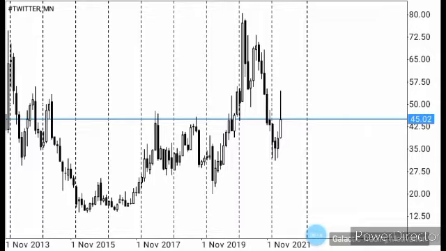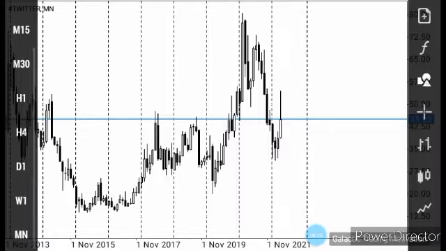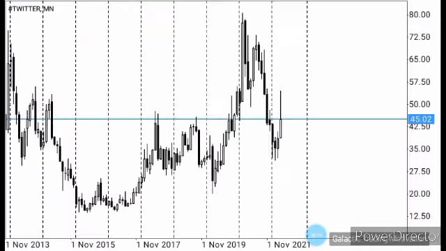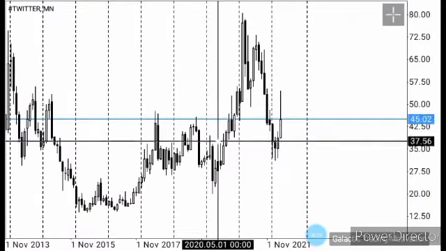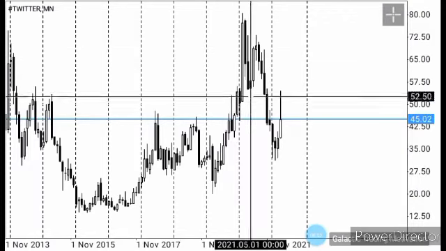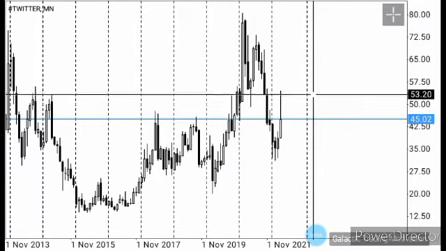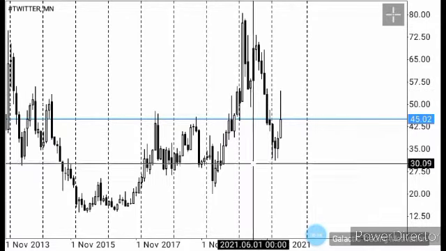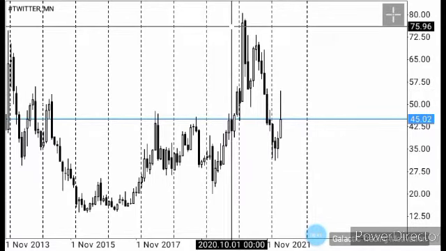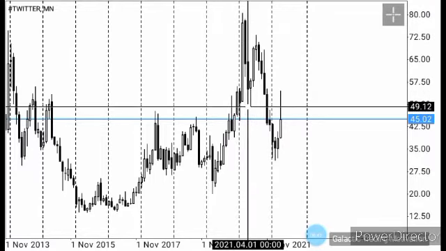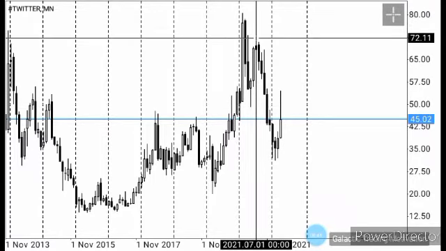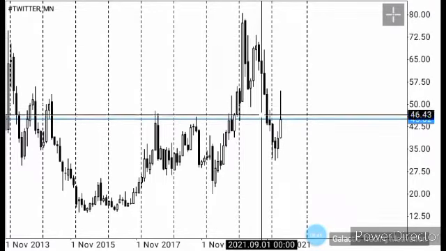So I've got the monthly chart open for Twitter, and the first thing that I can already see is that we have a large M formation here, with the neckline being around here, and the structure is not yet complete. So that's the first leg, right? Price came down to the neckline, went up again to create the second leg of the M structure, then came down, breaking